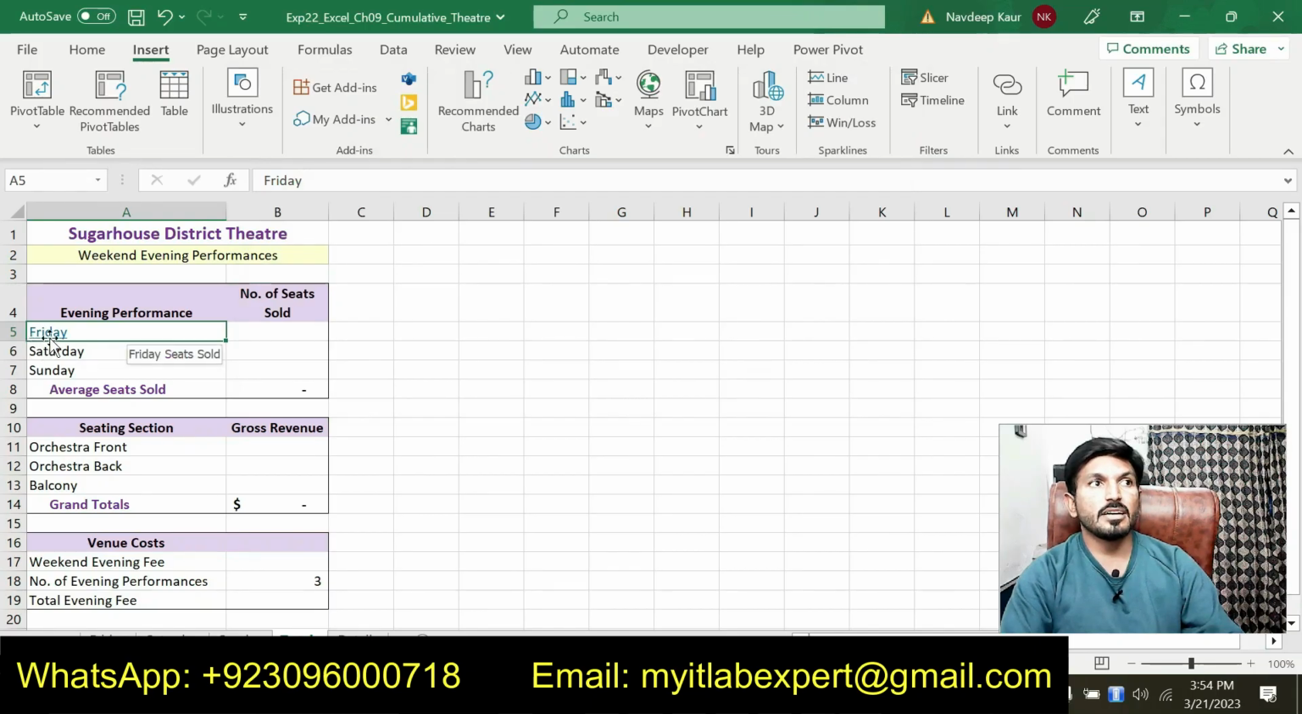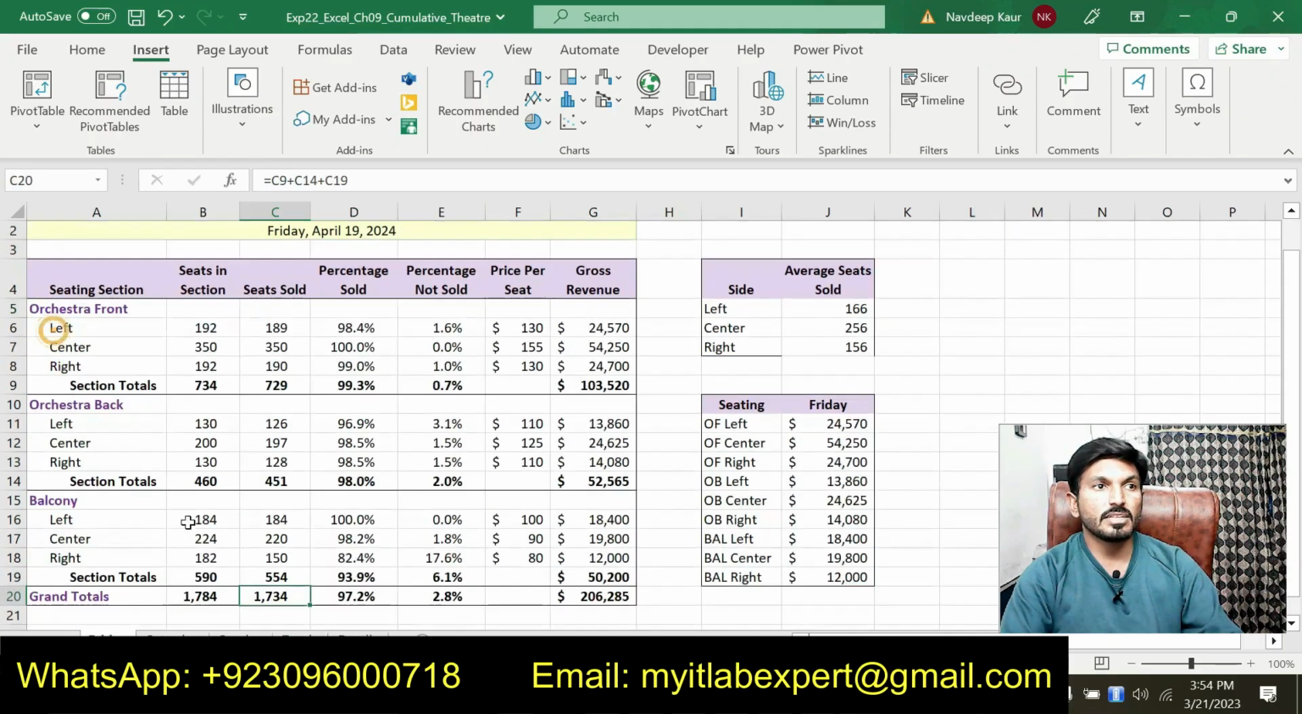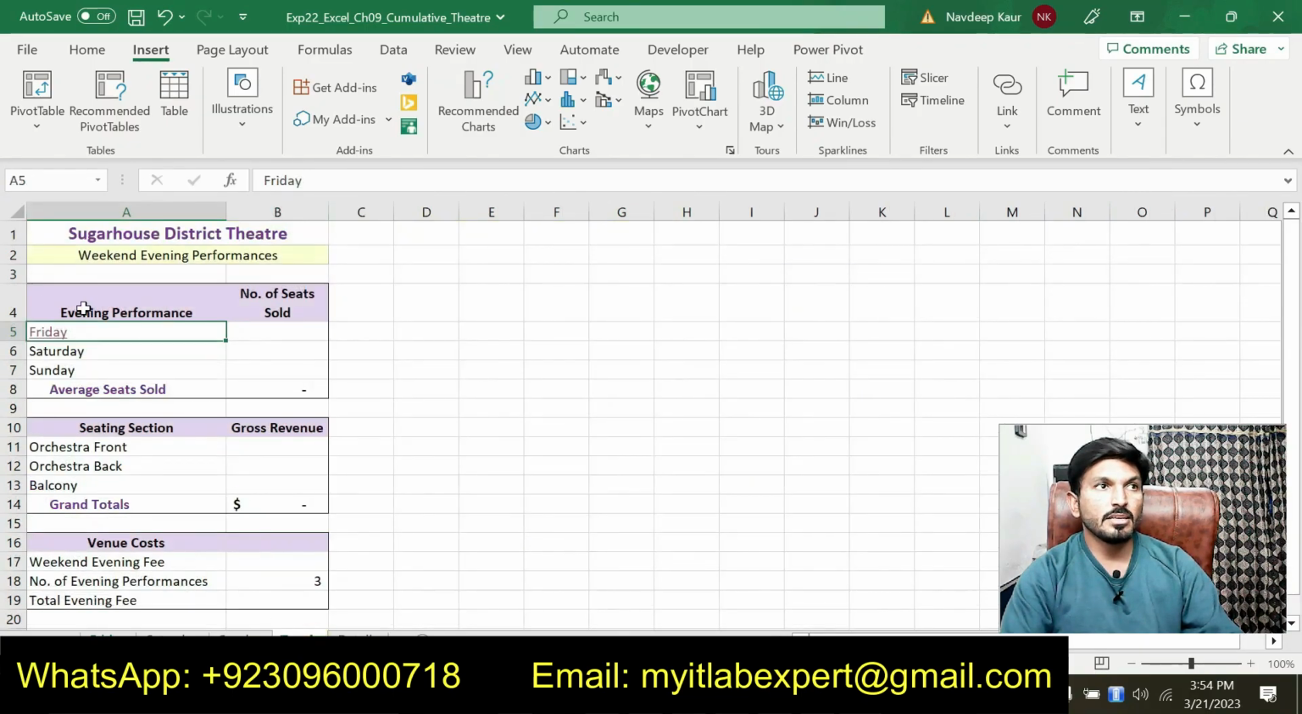So we have inserted a hyperlink, and we can check this when we will click on this one. You can see that it will take us to cell C20 of the Friday worksheet. So this is cell C20 of the Friday worksheet. So link is working correctly, and when you will go there, it will show Friday seats sold. So let's